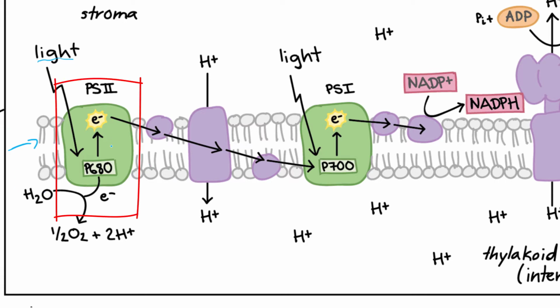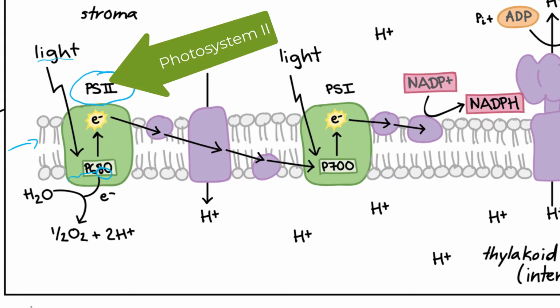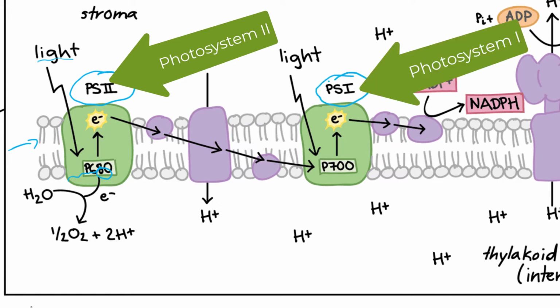And what happens is the energy in the light is then transferred to a particular spot within that. And it's able to use the light energy to excite an electron to a higher energy state. And that's what's going to happen here. Now you'll notice that we have two of these. We do this twice. One's called photosystem 2, and that's the one we start with. I'll mention that in a second. And then we have photosystem 1.